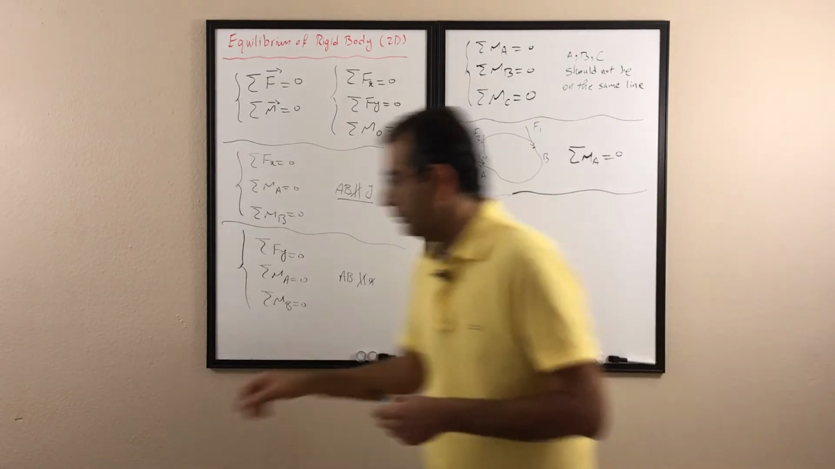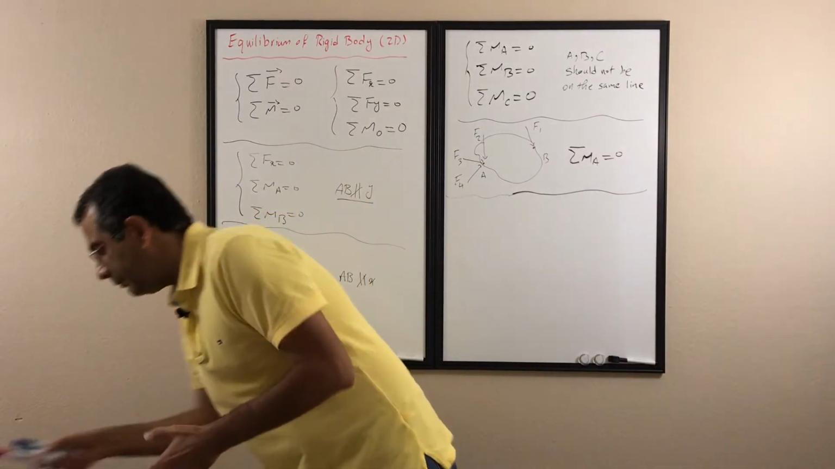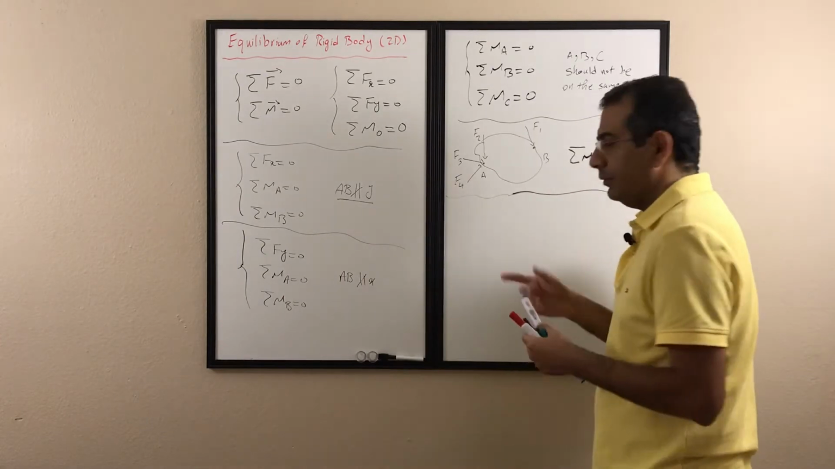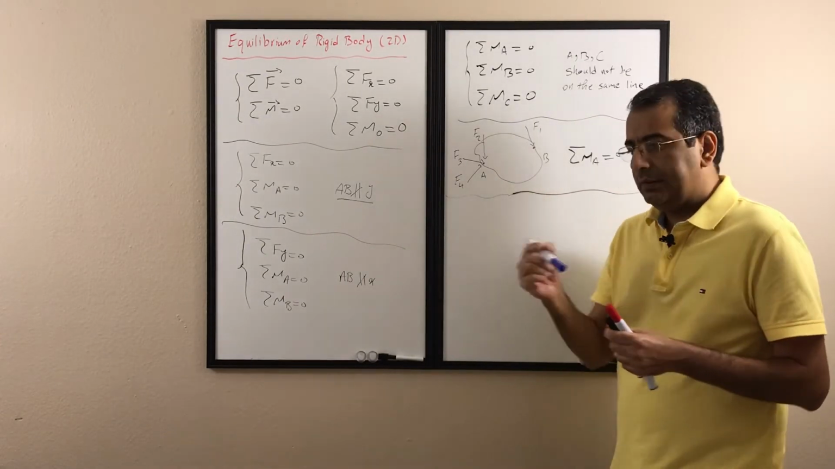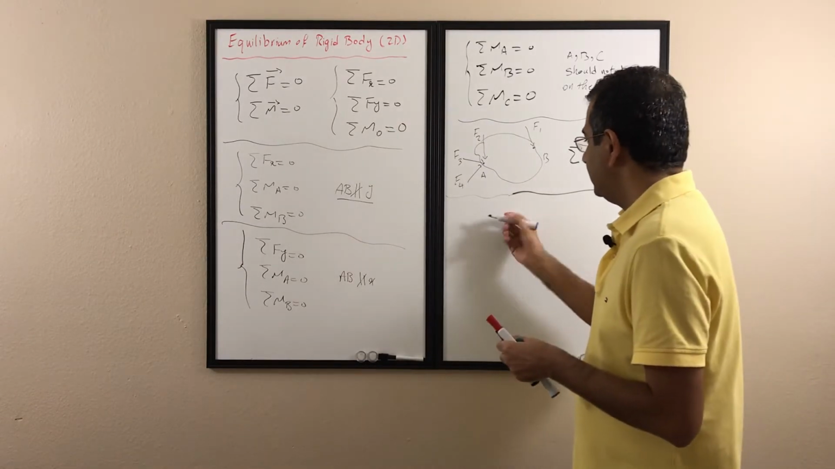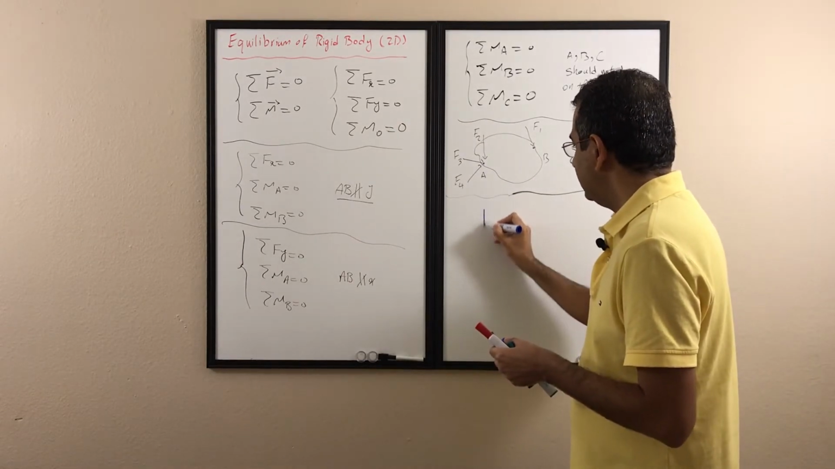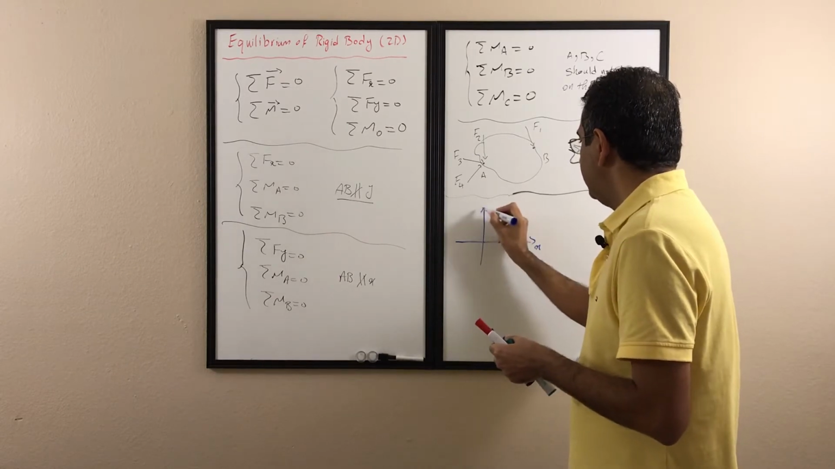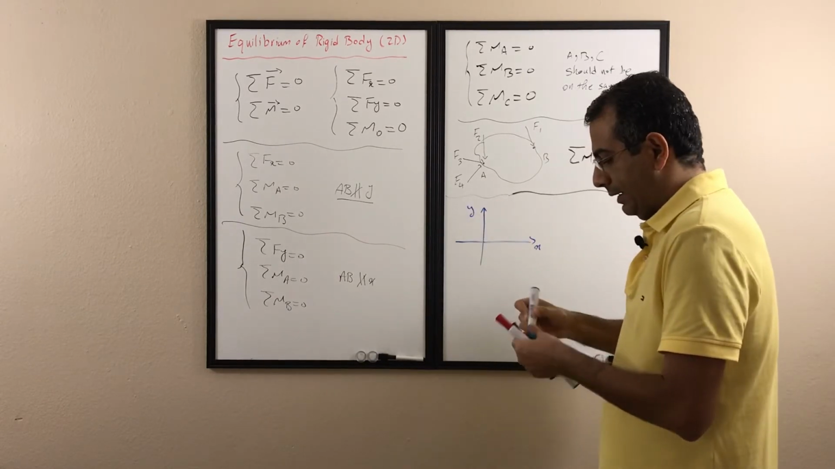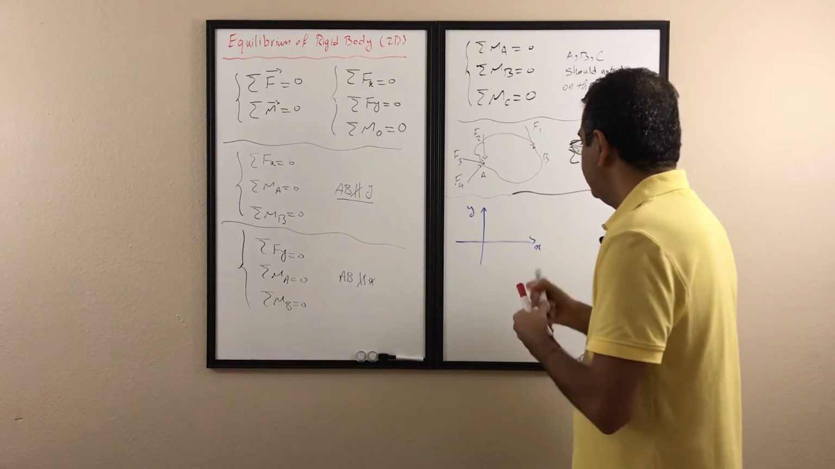And I'll just give you a simple example of how to do that. So most of the time you know how to do that from your trigonometry course, but here I'll just show you a simple trick in case you forget that. So assume this is x and this is y, and I have an angle, I have a force